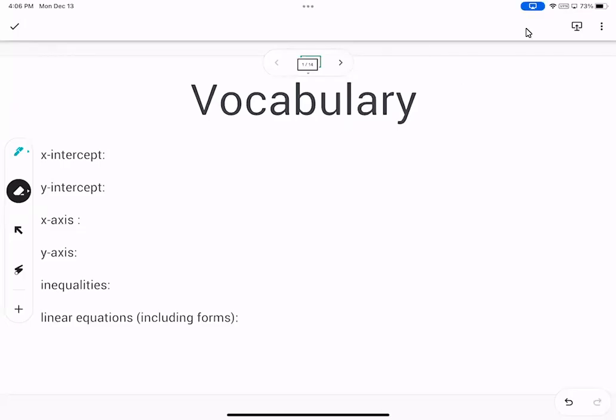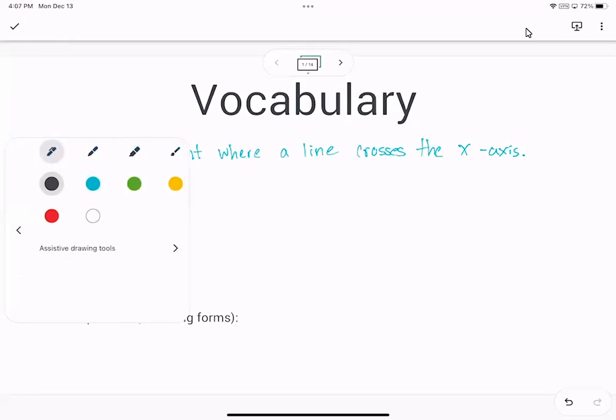Okay, everyone, we're going to review the review sheet so we're prepared for the exam that we're taking tomorrow. So first we have the x-intercept. The x-intercept is the point where a line crosses the x-axis. Now for our reference point, what I'm gonna do is I'm gonna draw a little graph for you over